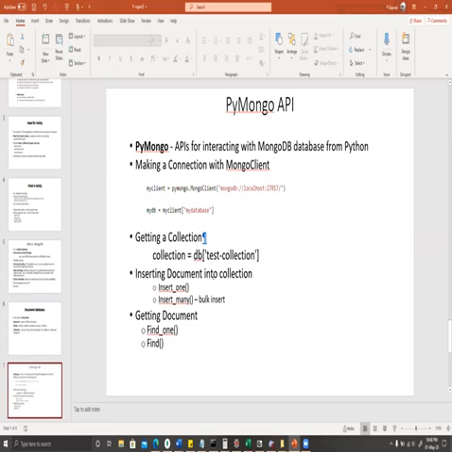We used PyMongo for interacting with the MongoDB database from Python. And these are some of the APIs we used. We used MongoClient for connecting with the client.